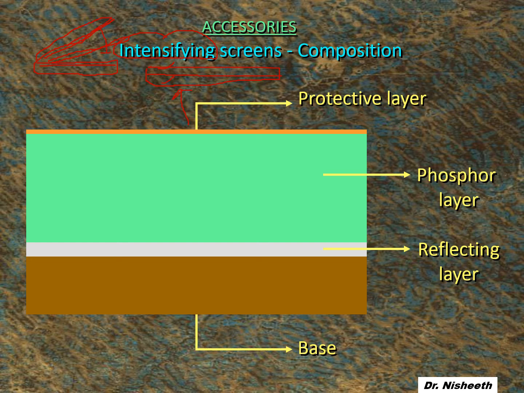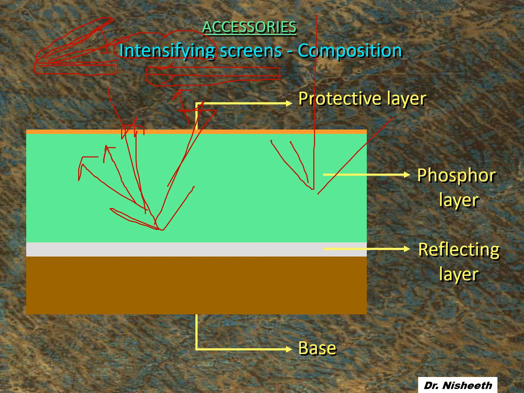You know the properties phosphorescence and fluorescence, just now I was talking about it. So the phosphor layer converts the X-ray photons to light photons, and behind it a reflector is kept. If the X-ray falls on this, this X-ray photon will get converted to multiple light photons. Suppose one X-ray photon falls from here, it will get converted to multiple light photons.